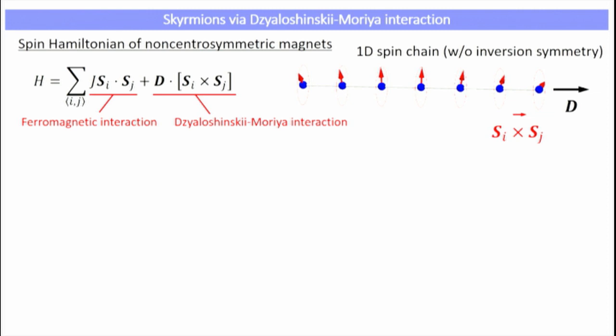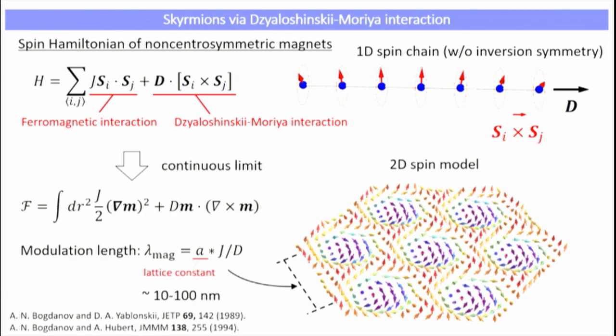So the generalization of this scenario into the two-dimensional system is obtained by taking the continuous limit of the spin structures, because of the long wavelengths of the modulation. In this case, the Dzyaloshinskii-Moriya interaction has a term proportional to the linear term in the spatial derivative, and it favors the twisting of the spin in every direction in the two-dimensional space to favor the